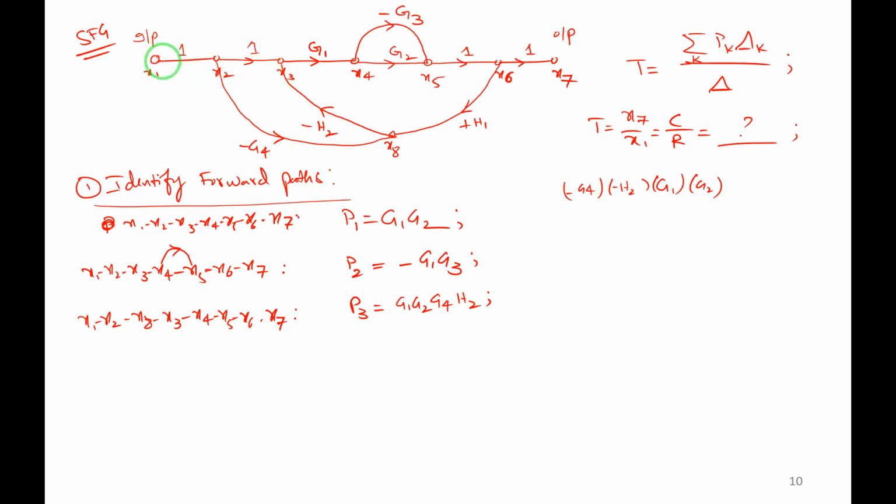Yes, it is there. Just identify here. The arrow mark I have to show here. X1 to X2, 2 to 8, 8 to 3, 3 to 4. From 4 to 5, earlier in the third forward path I went straight. Now I will shift it, jump. X4 to X5 jump, X6, X7.